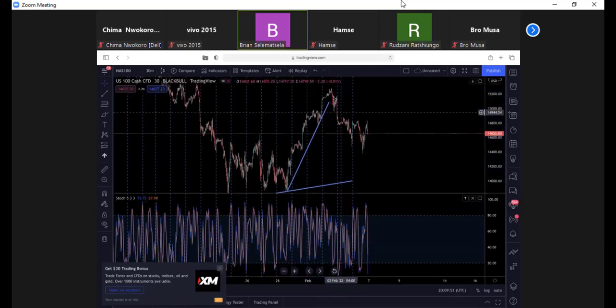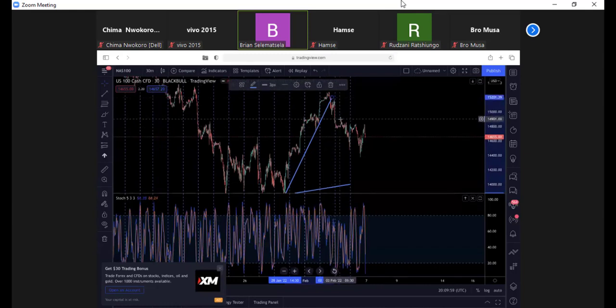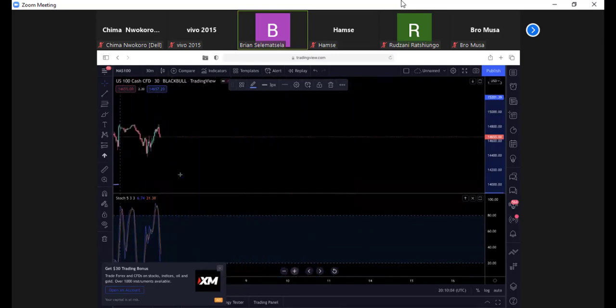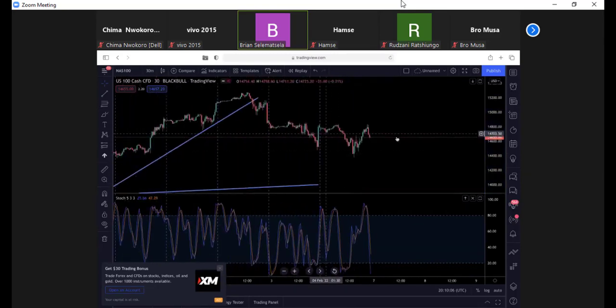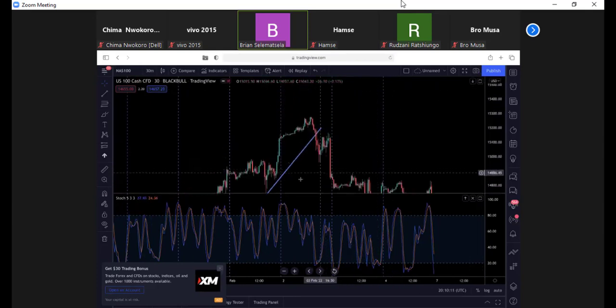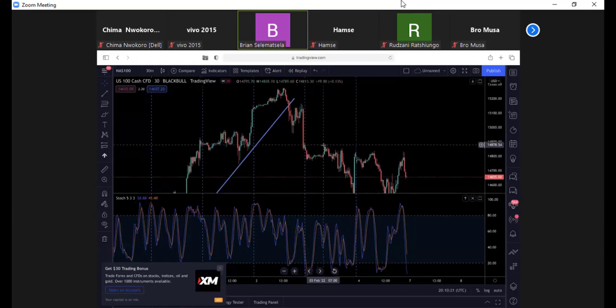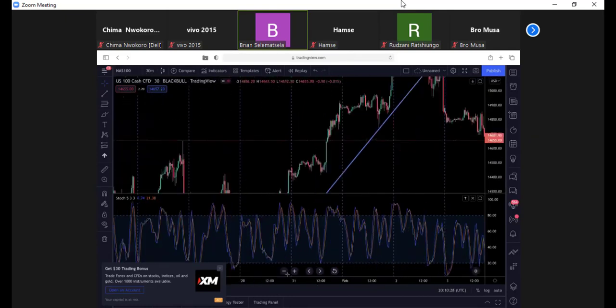So if you would have used that point as a first layer, you would have gotten out immediately after the first leg gets broken, which you will be very safe, because if you would have drawn it like this, you're going to close here, and immediately after it closes, from there you're going to take the market into the opposite direction. And even though before that,